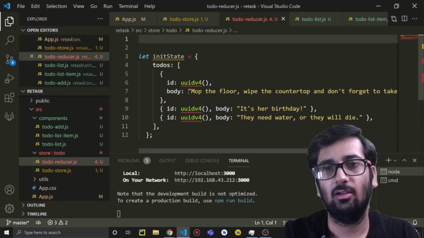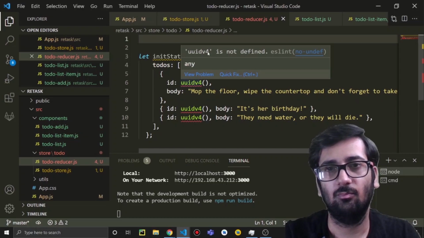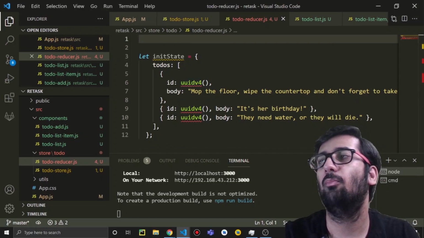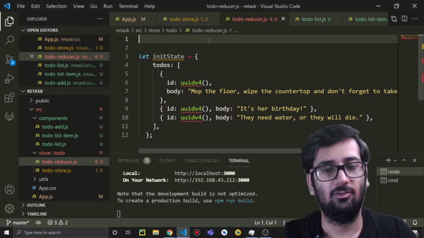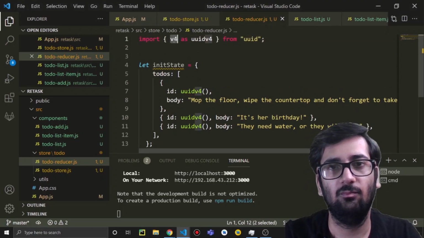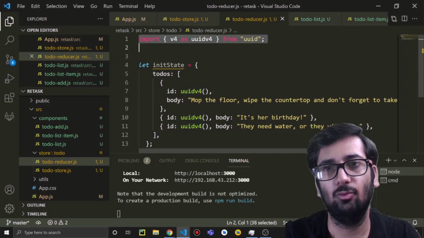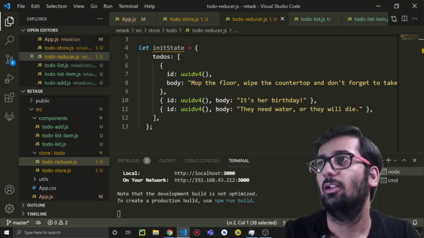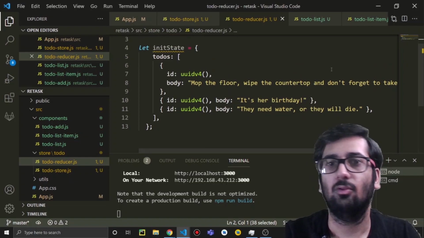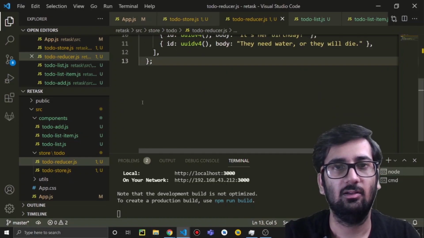As you can see, it's giving an error because we have not imported our UUID. So let's just import it. It's importing uuid v4 from our uuid package. Now you can see the error is gone. Now let's just create the reducer. So the reducer will be like this: